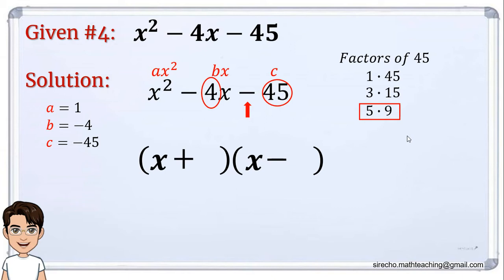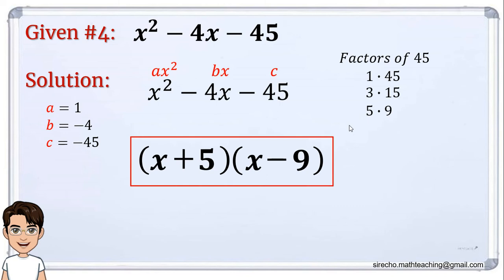And then, identify which is the bigger number. The bigger number is 9. And so, saan natin nilalagay ang 9? Tingnan natin ang sign ng middle term. Ang middle term natin ay minus. So, therefore, ang 9 na ilalagay natin sa minus. So, negative 9 and then we put 5 in the positive. So, to check, plus 5 or 5 minus 9 is negative 4. Therefore, our final answer is the quantity of x plus 5 times the quantity of x minus 9, and that's